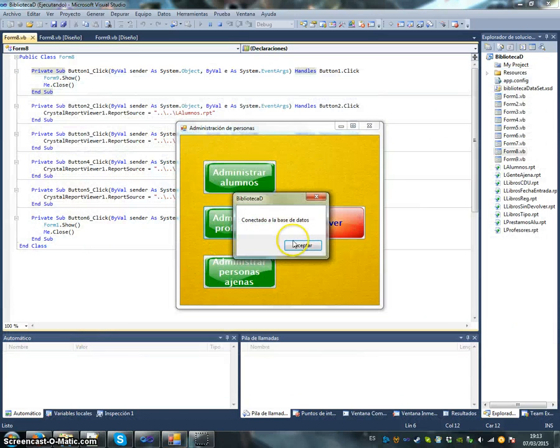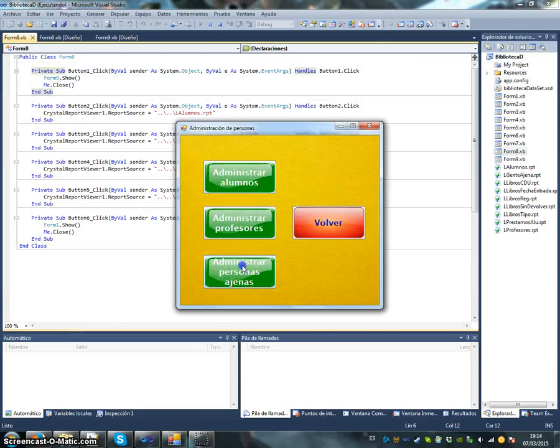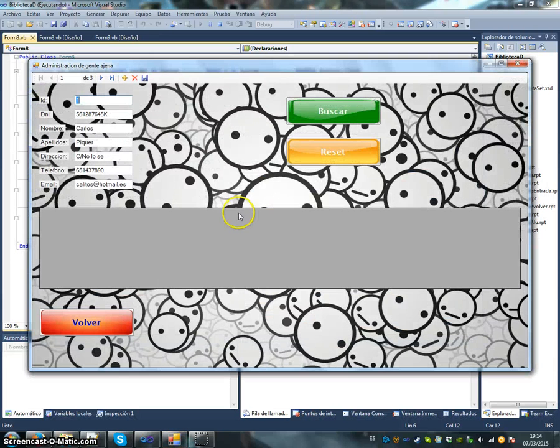And now the tutor table, if you can see, we can move around the tutors. We have the email because they don't have a tutor. And at last, the other people is similar to the tutor table, and with other fields. If you press it and search, it's always the same. You can search with the name, with the surname,